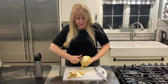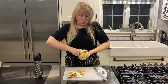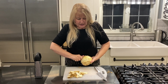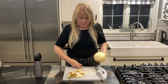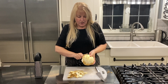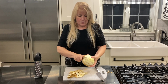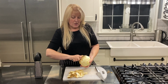Now you'll find when you start peeling that your celeriac has little dots. So you might think you've missed some peel where you actually haven't. So the goal is not to get rid of all those dots. If you did that, you'd have no vegetable left. So you just literally, like you are peeling a carrot, just take off that top piece like that, recognizing that you're still gonna see dots underneath, but they're good. Dots are fine. You just want to take off that darker brown skin. Nothing crazy, just peel like you would a rutabaga